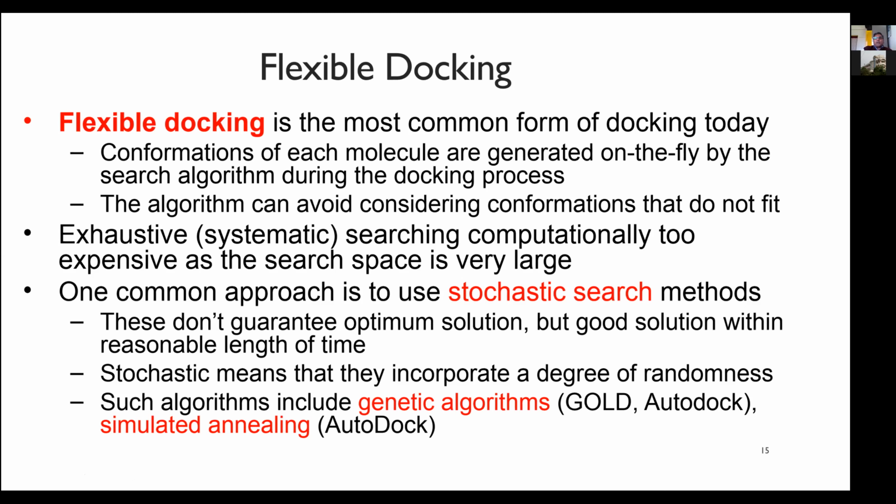So the greater the number of rotatable bonds, the greater the number of conformations. So it may even lead to a combinatorial explosion sort of thing. So if you do this procedure, conformational sampling, systematically, it will be very, very time consuming, and you have to cover a large search space, conformational space, to get accurate results.